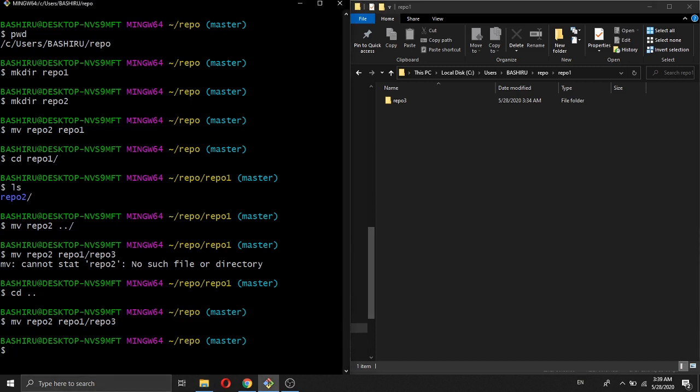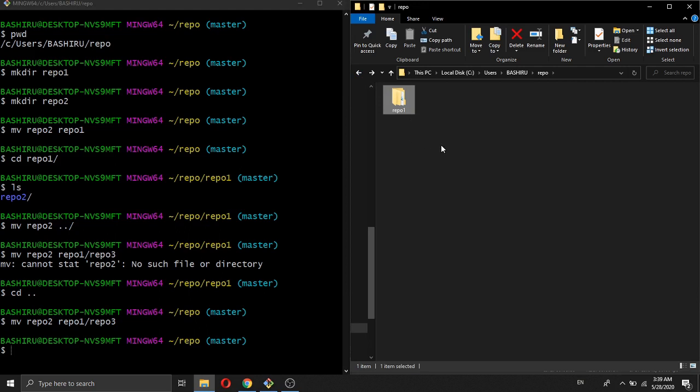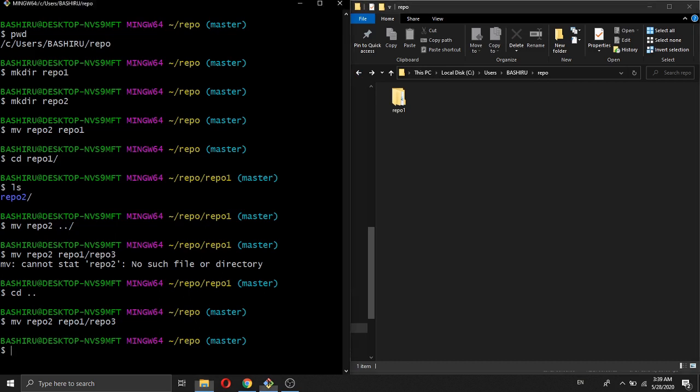Now that we have finished moving folders from one folder to another, let's now look at how to copy the folders. Now let's say we want to duplicate this folder. Let's come back to our root folder, which is repo. So this is repo1. Now let's try to duplicate this by copying it. Inside our root folder repo, we can copy repo1 and repeat it again. So in order to copy a folder,